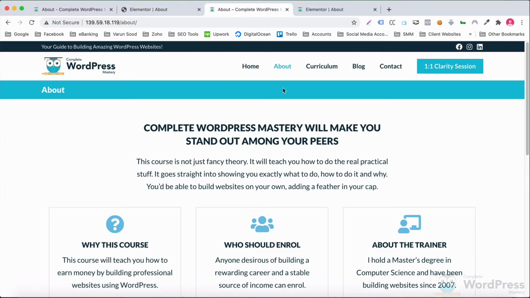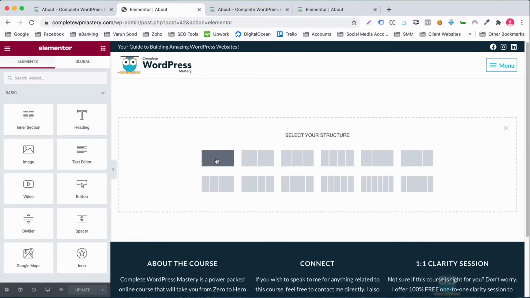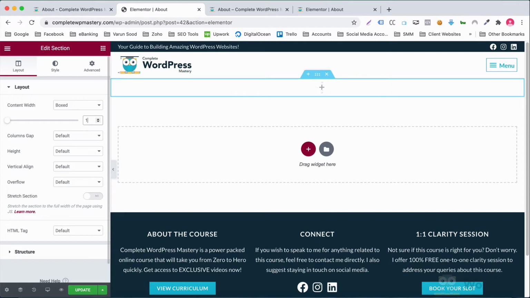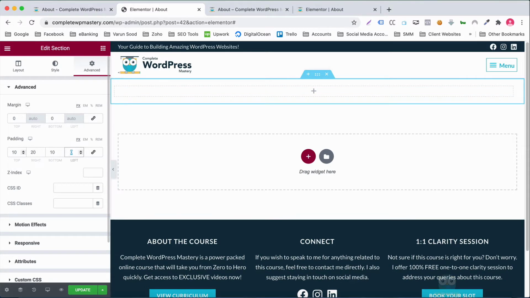So let's start with this title bar at the top. I'll add a section and set its content width to 1200 pixels. Its margin will be set to 0, while the padding will be set to 10 pixels on the top and bottom and 20 pixels on the left and right.